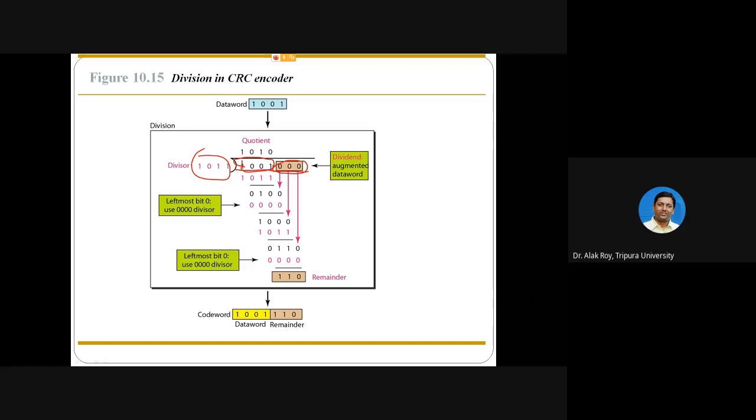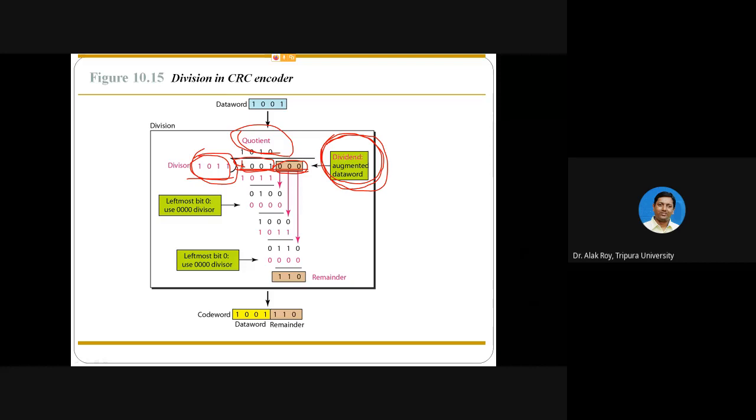So this bit stream will be divided by 1011. The bit stream is known as the augmented data word, known as the dividend. The dividend is divided with the divisor to get an output quotient, whose value is 1010.